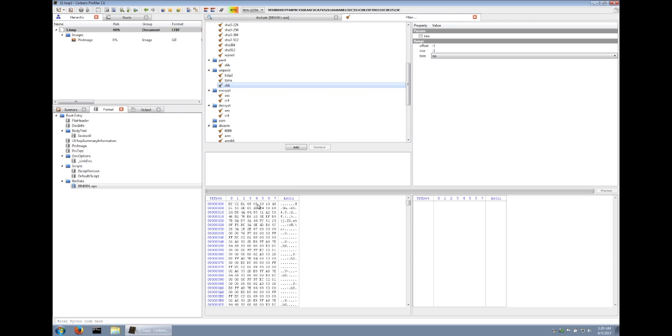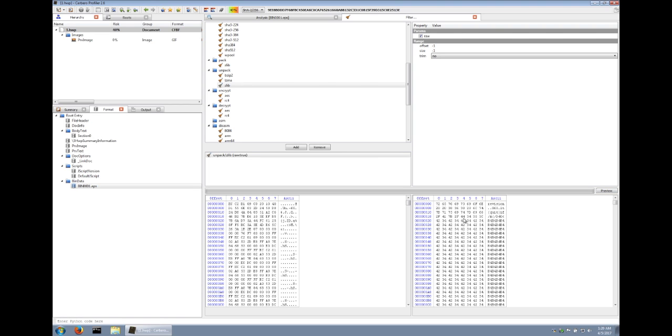Here is the stream, but as I said, it's compressed. We have to check this raw checkbox and then apply the filter and then click on preview. Then we have the uncompressed stream here on the right side. And what I'm looking for is anything that looks malicious within this document. So in this stream called BinData, there is an EPS file that is compressed, and when you uncompress that using zlib, we get